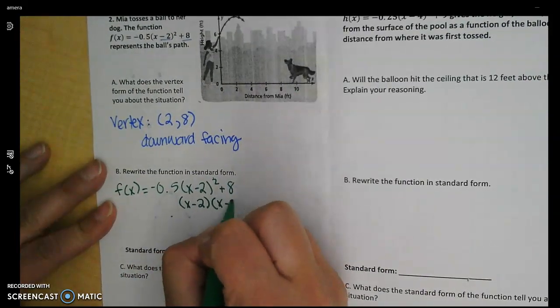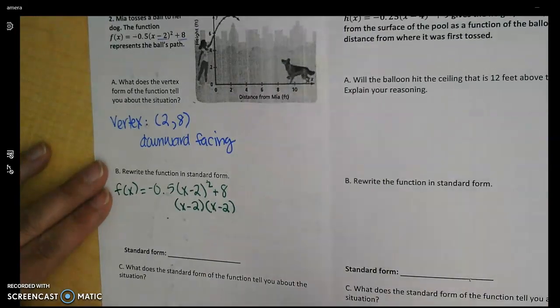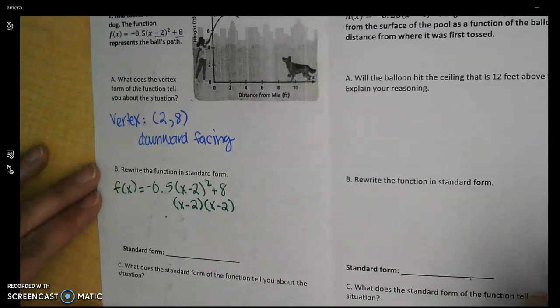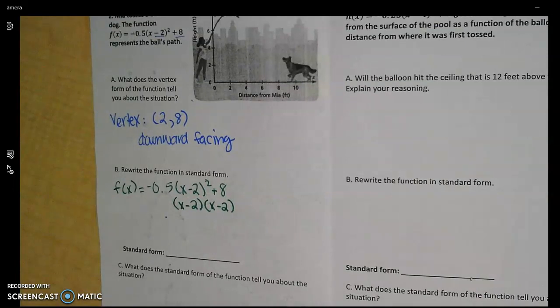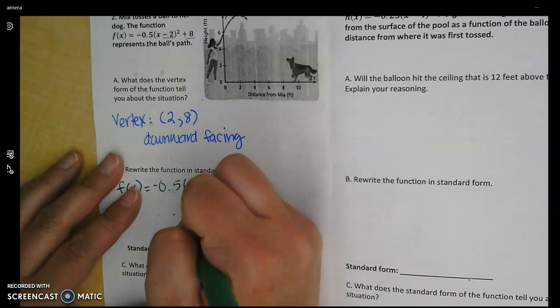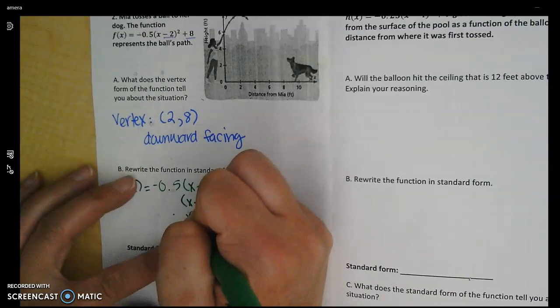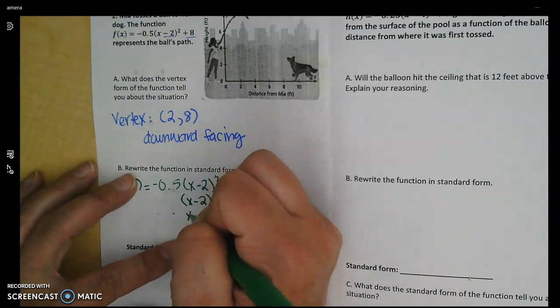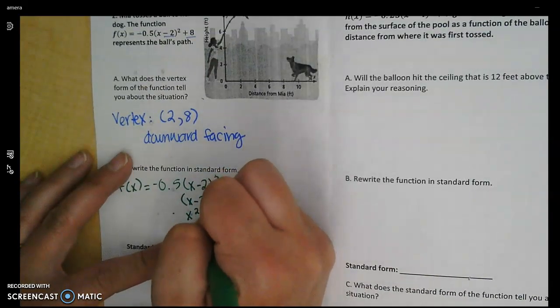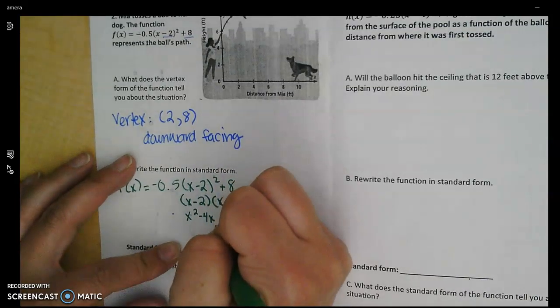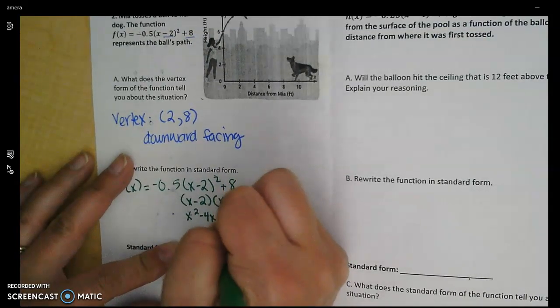This is what x minus 2 squared is. Right? We can use the strategies we learned last module to simplify this. We can FOIL it, we can do lots of different things. What I'm going to do is I'm just going to use one of my special cases. So this ends up being x squared minus 4x plus 4. Now I'm going to input that